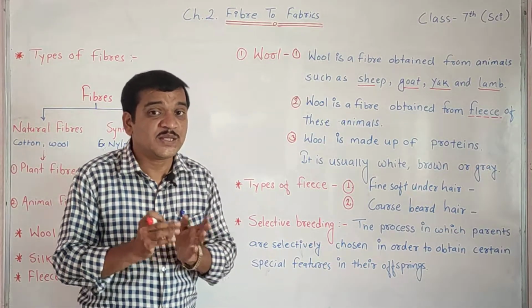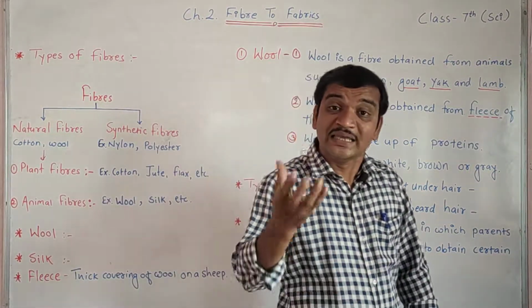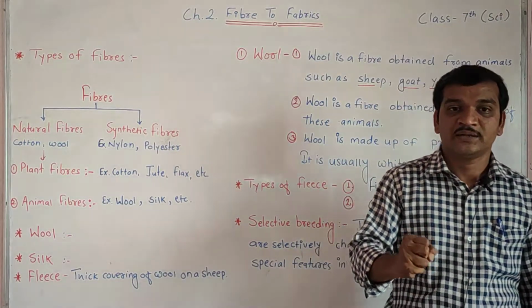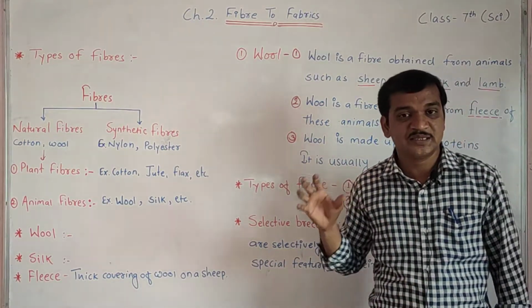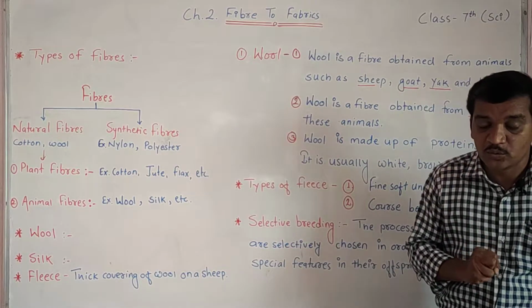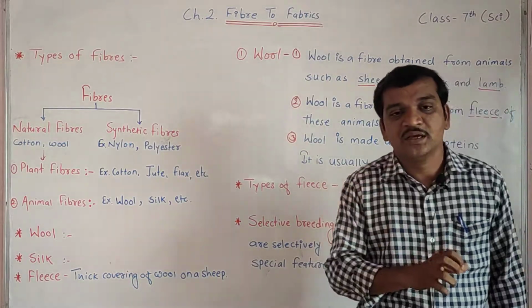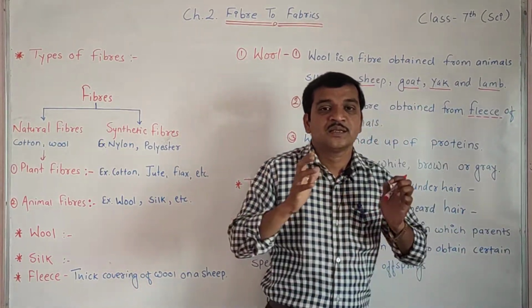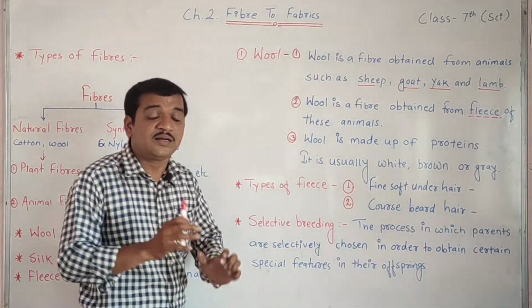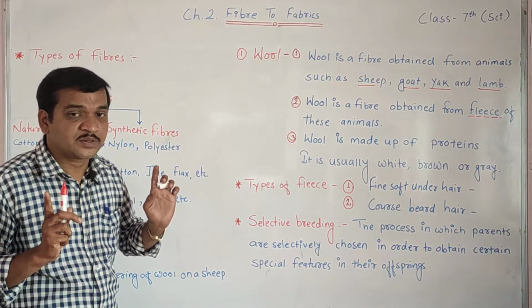Okay, so this is the importance of that hair. Whatever hairs are there, they trap the air, because air is a poor conductor of heat. They trap the air and keep the body of the animal warm. Okay, is it clear, students? Now next,